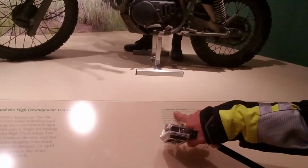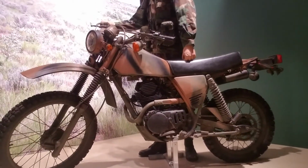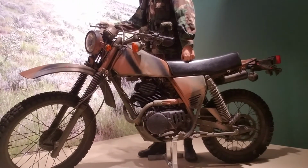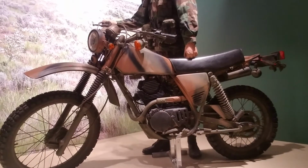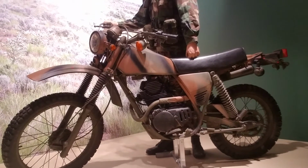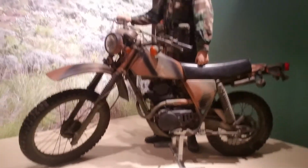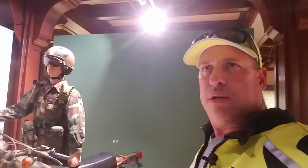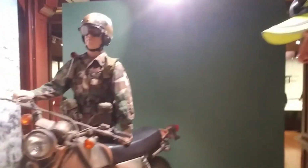It says here, I'll keep it pointed at the motorcycle, I'll just read it. The Kawasaki motorcycle was tested at Fort Lewis and the Yakima Training Center for use by Scouts in the 9th Infantry Division, motorized, intended to give the Scouts speed and maneuverability on the battlefield. The end of the Cold War also ended the Army's plans for a motorized division. So I was motorized, yeah. I was 9th Infantry motorized, not mechanized, motorized. But